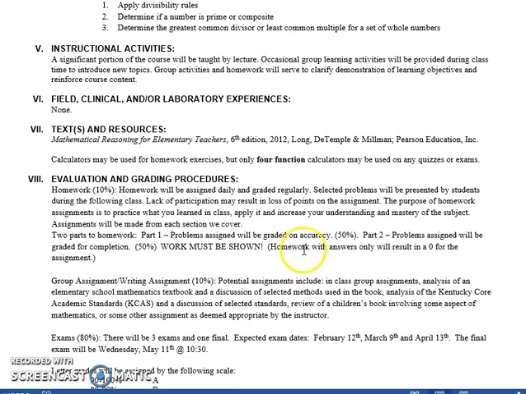Instructional activities. Most of the time I will lecture in class, and then we will do some group work, we'll do some homework. I would like to use the flipped classroom model several times during the semester and just see how it works, especially in this course, because I think we could benefit a lot from the group learning activities and some of the group projects,